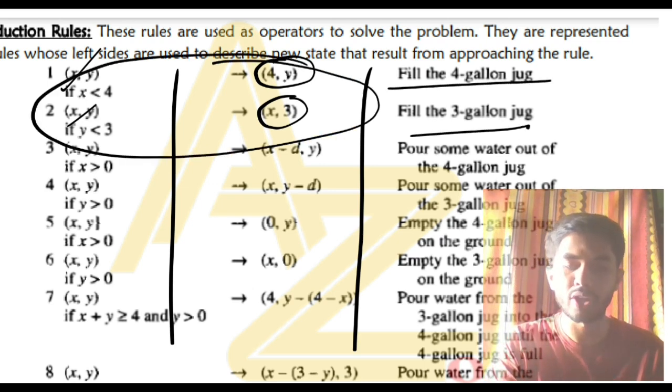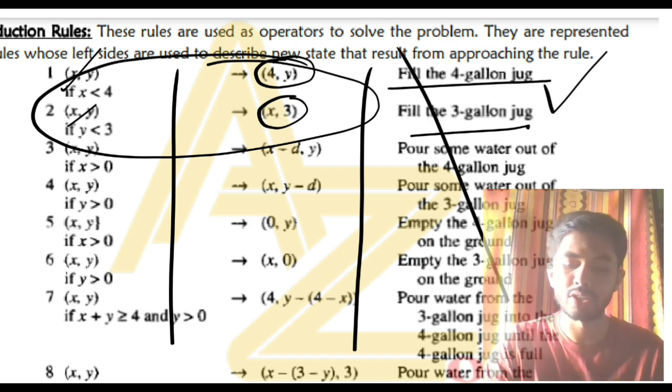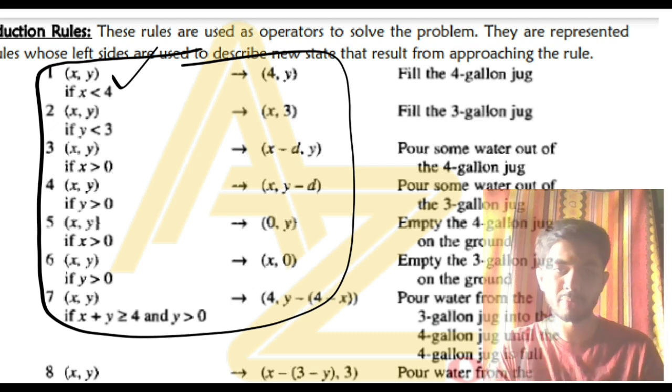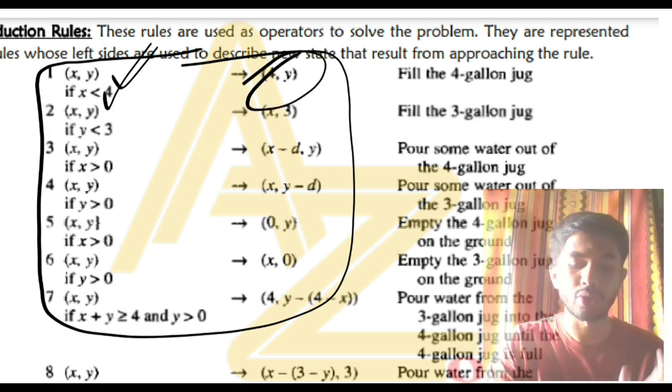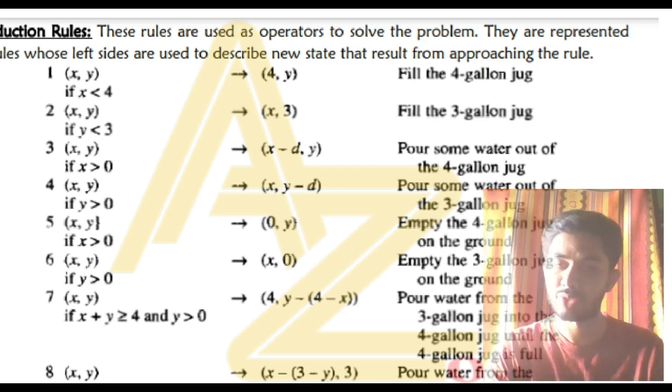Okay, that's the first 2 rules, and you can just explain in your own words what is present here. Whatever is happening, if you understand, obviously you will be able to explain it here, right? That much you can do. So need not worry about this one. You're concerned about this: some state is there, you're doing some action, what is happening, that you're just depicting. Now see, first 2 rules are done.